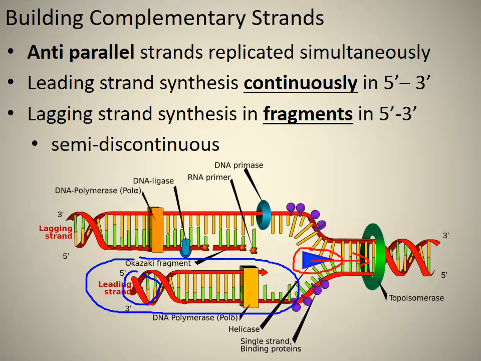Well, the lagging strand, we see here that the new strand is synthesized in the exact opposite direction, or away from the replication fork. The reason is that the new strand is always synthesized in the 5' to 3' direction. Because DNA is an anti-parallel molecule, it cannot synthesize the new strand both towards the replication fork. So this obviously creates some problems, but the solution that our cells have is this semi-discontinuous solution that